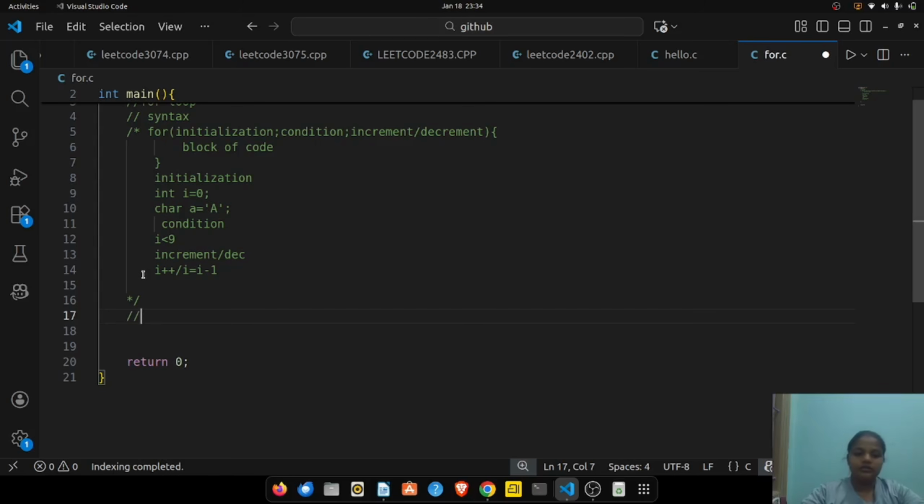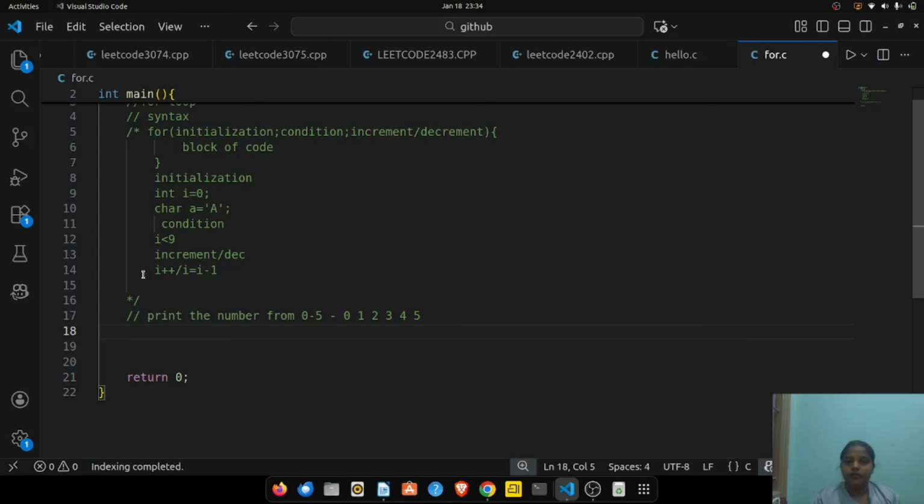So now we are going to print the numbers from 0 to 10, or maybe 0 to 5. 0 to 5 means we want 0, 1, 2, 3, 4, 5. For that we are going to